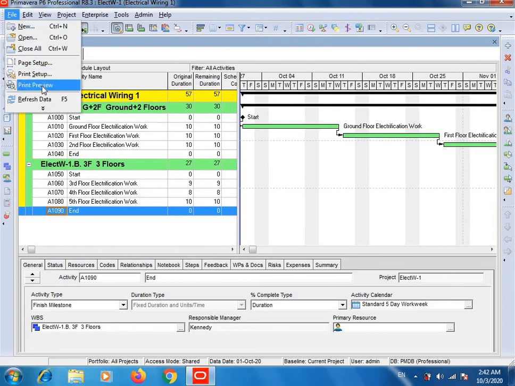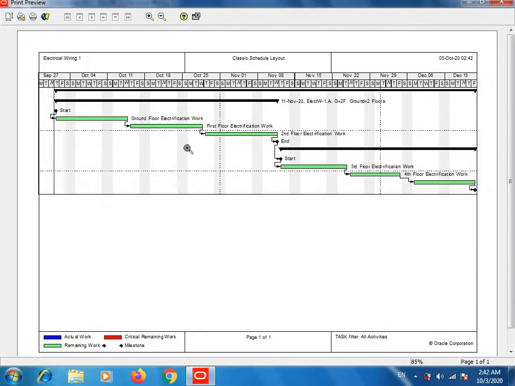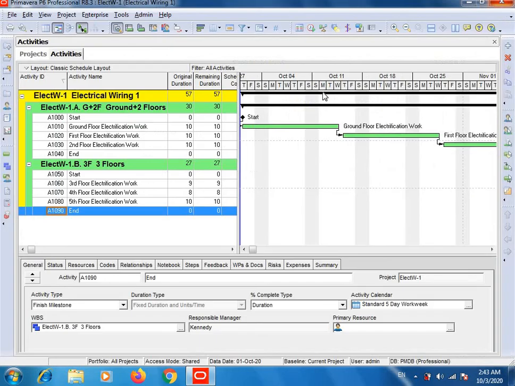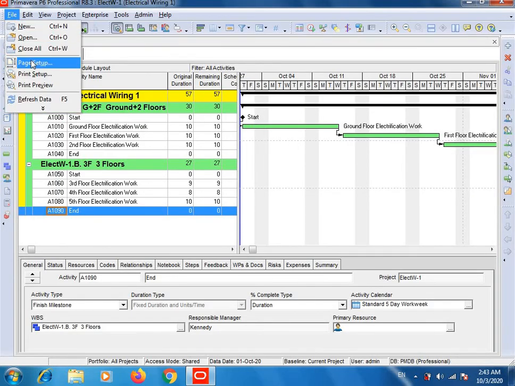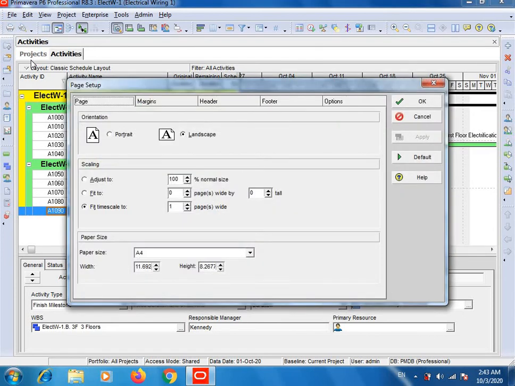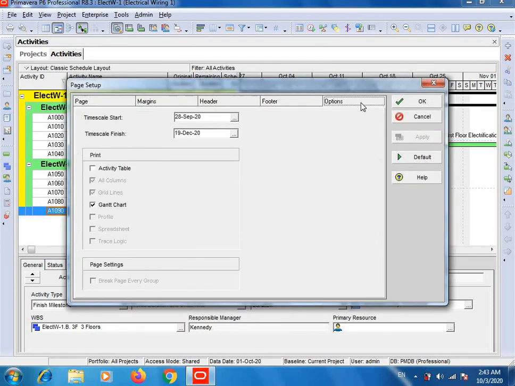File, print preview. Here still some data is missing. So to overcome this, we will do another setting. File, page setup, go to options, OK.